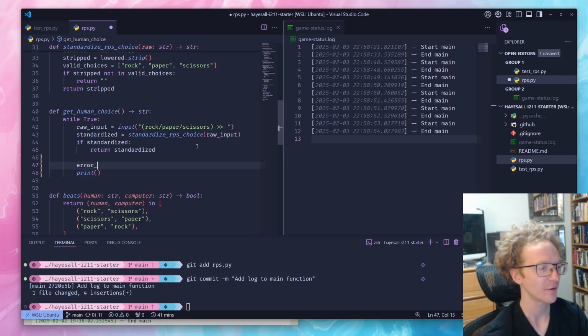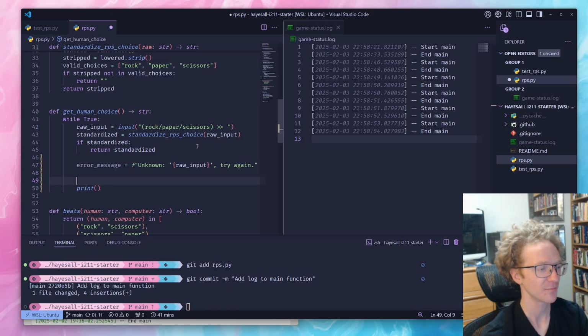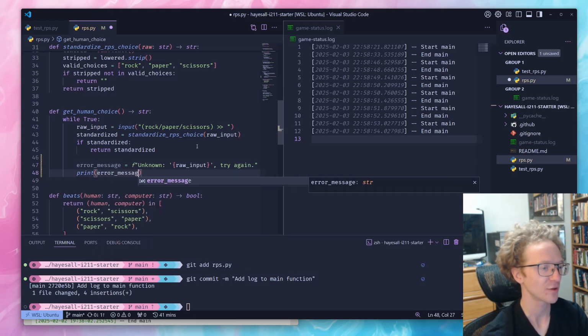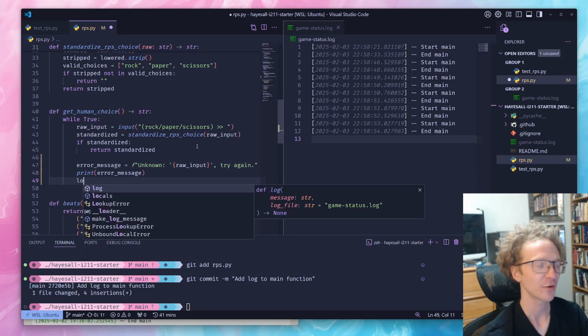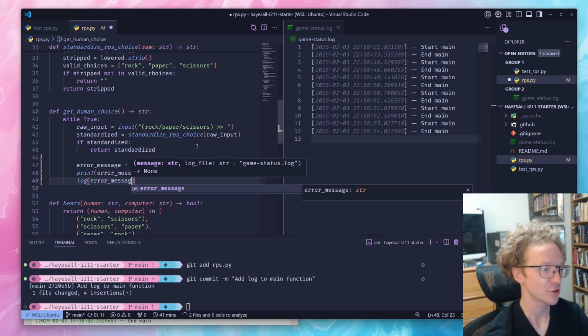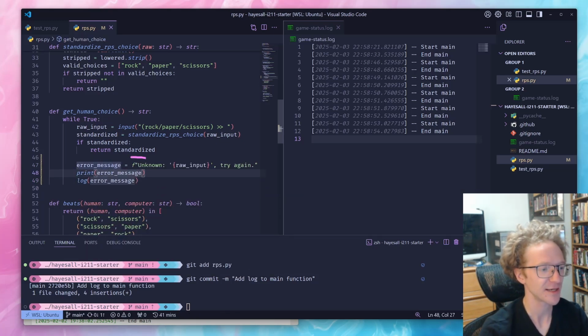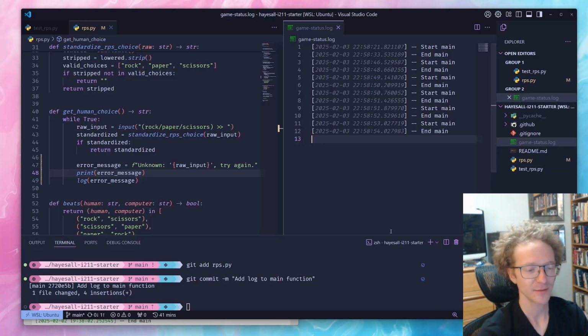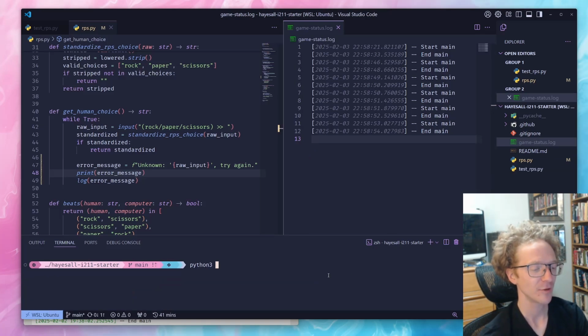So error message equals this thing. And then we could just print out that error message that we stored inside the variable. But we could also call log with the error message in order to keep track of this exact same thing and put it inside of there. So this first print statement is just going to go right there. The log message is going to go right there. Let's see if that happens. Into the terminal, python3 test